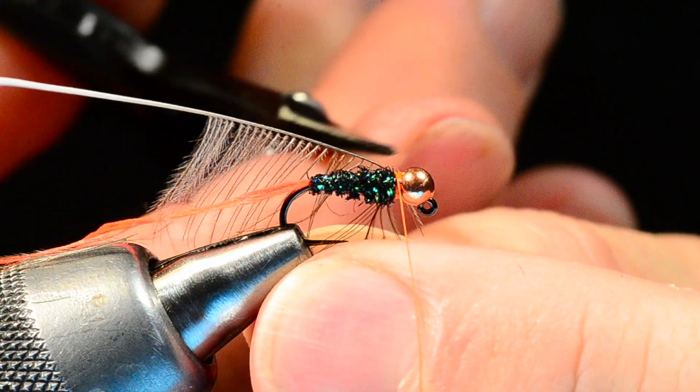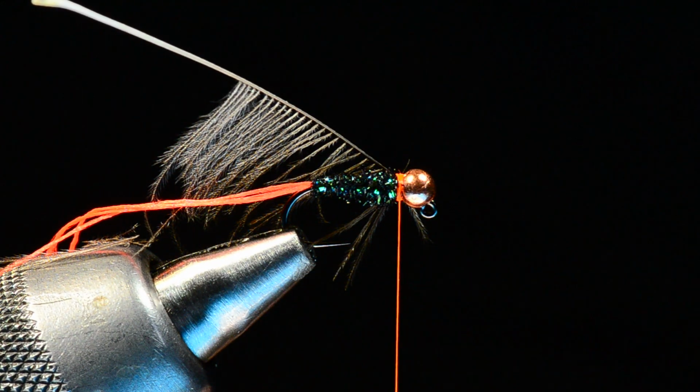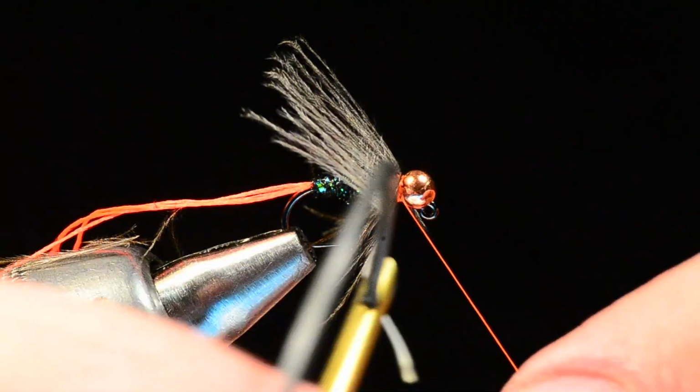And then you can come in and actually just trim that center stem out. Don't worry about those few little fibers. So now I'm going to take my hackle pliers and grab the butt end of the feather, and I'm just going to make a turn or two. So there's one whole turn